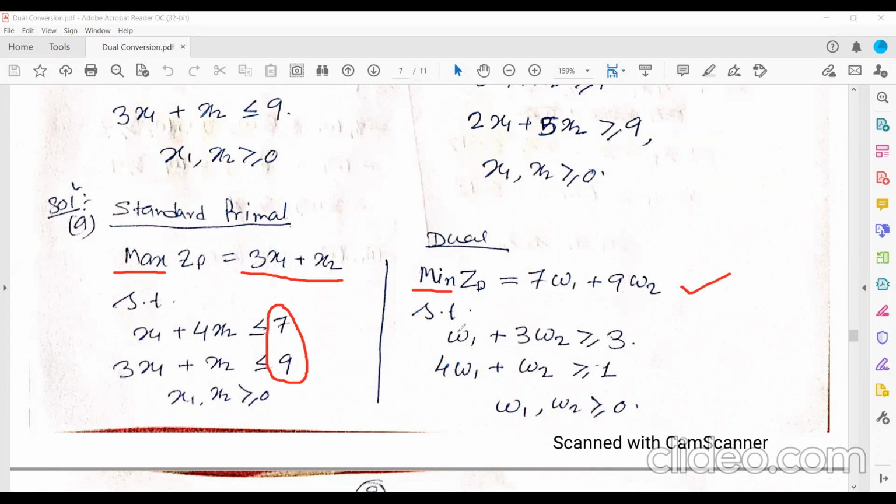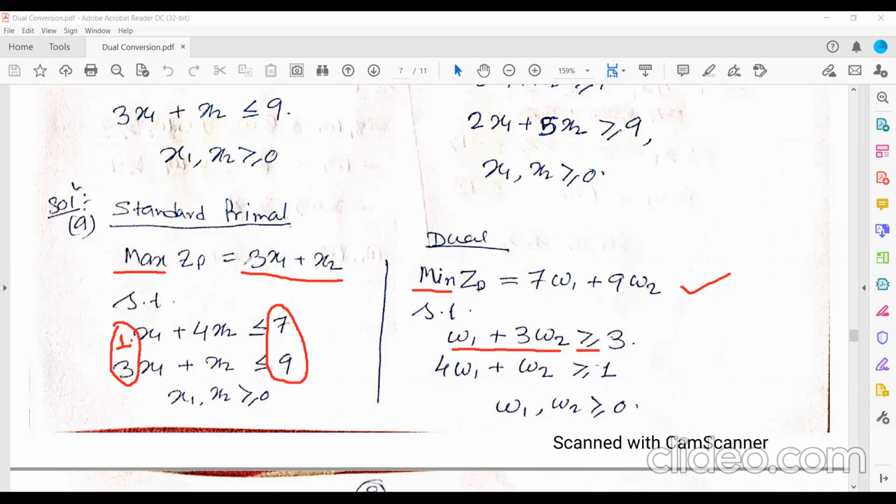Then the constraint will be, here no coefficient, that means 1 is there. So that will be W1 plus 3W2. Here it is less than, so it will be greater than or equal to